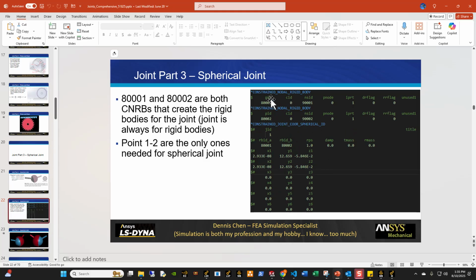You're going to need two CNRBs, which tie to the two spheres, and then the CNRB numbers are going to be used with this card here to generate the joint. These two sets of coordinates are coincident, essentially creating